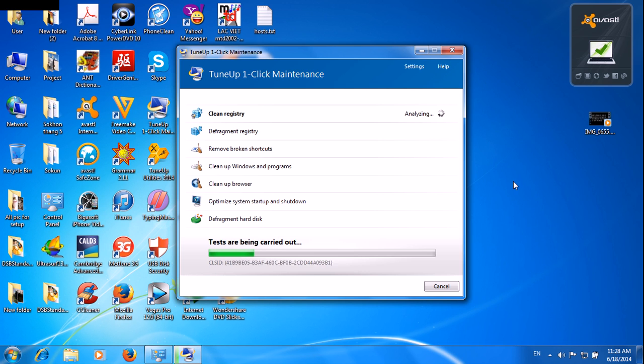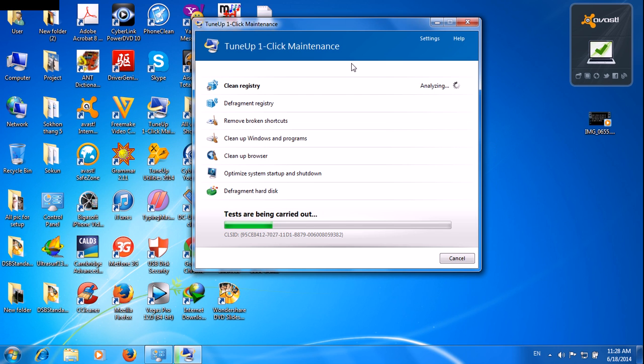After it scans, everything is shown in red color. So the program can fix anything in the computer. This program last one maybe is used for a long time to check everything.